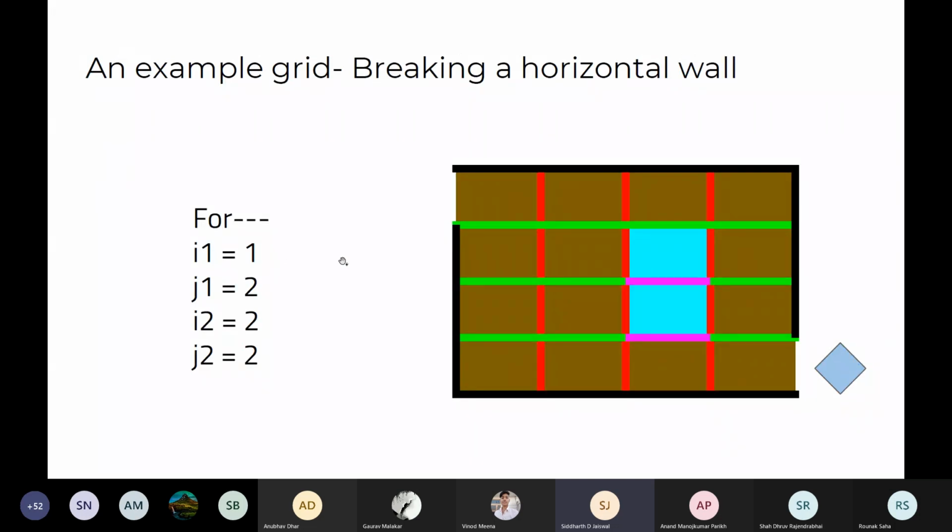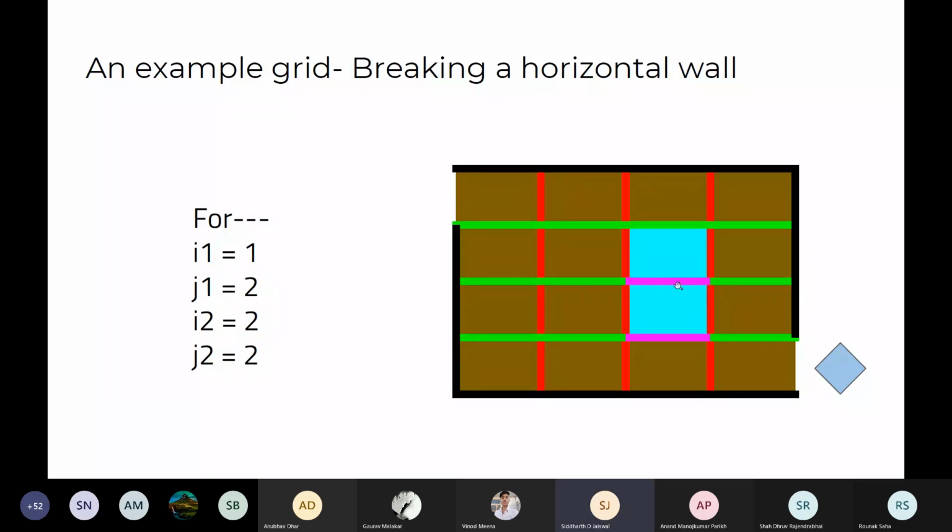Let's say your I1 turns out to be 1 and your J1 turns out to be 2. So your I2 would be I1 plus 1, which is 2, and J2 would be 2. Okay. So these are the two horizontal walls that you would have found. So I1 and J1 are first used to find the walls, and from that you find your cells. So if you start indexing at, let's say, 0, so your cells would be